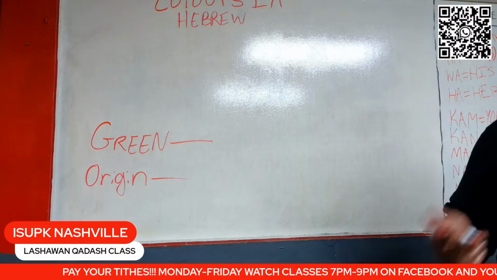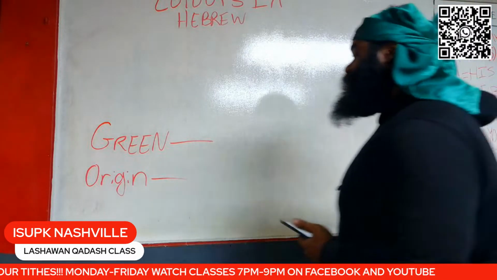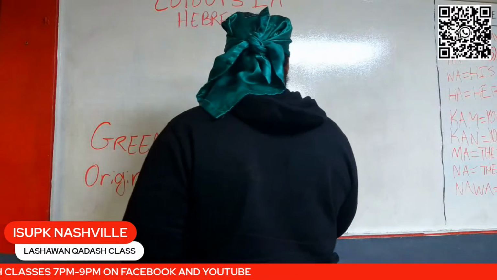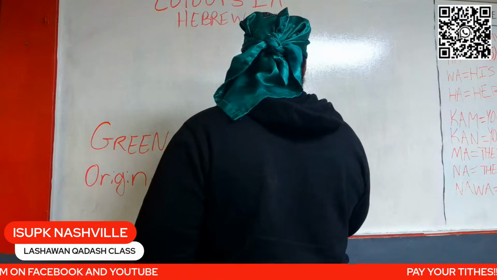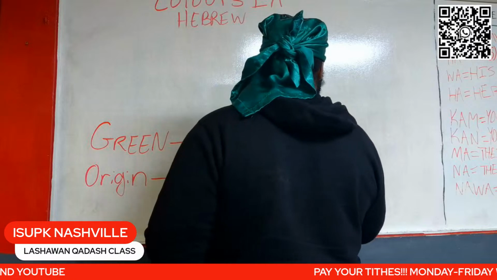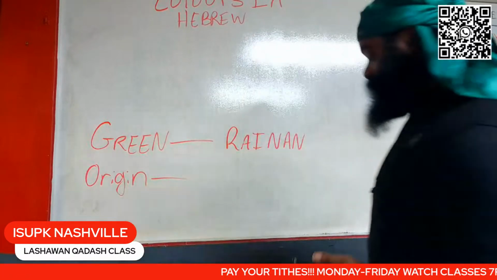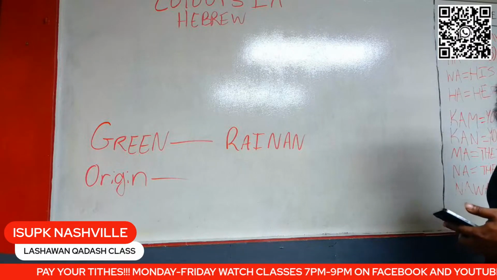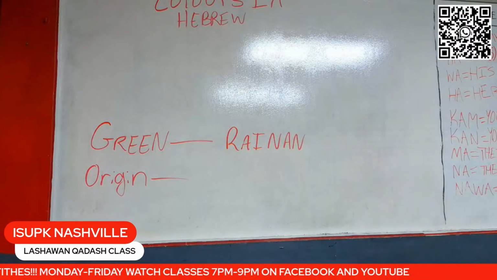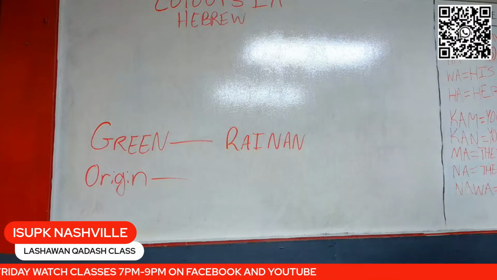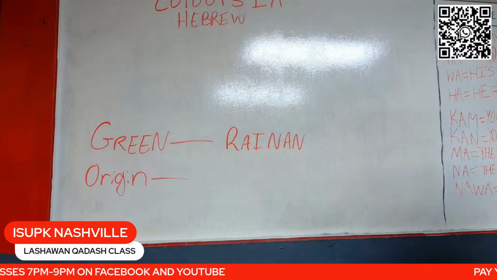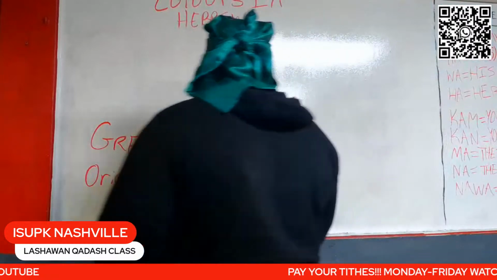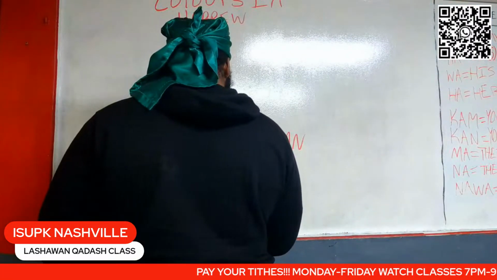So the right answer would be Ra'anan. That's what green is. Ra'anan. Let me see if it came up good. Okay. Ra'anan. And the origin of this word means grow luxuriant,